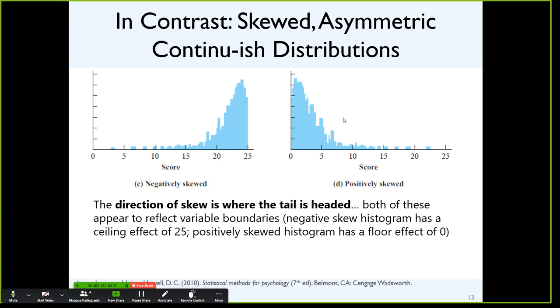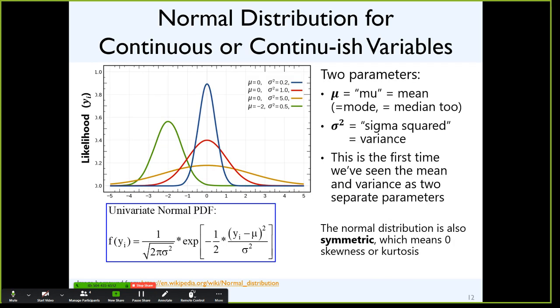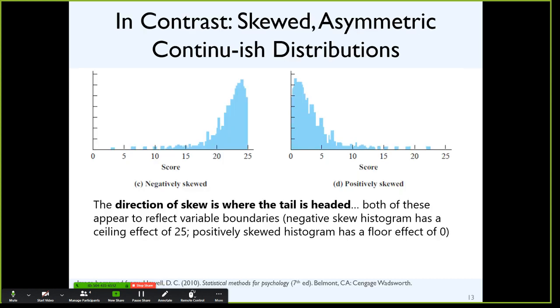The consequences of this, if these variables are outcomes, you would have to make sure that you can find a model that understands that the highest possible value the model should predict is 25, and the lowest possible value that it should predict is 0. The normal distribution doesn't understand that. So variables that look like this would probably not be good candidates for that type of distribution unless you can do a really great job in predicting why it is that you have these boundaries.